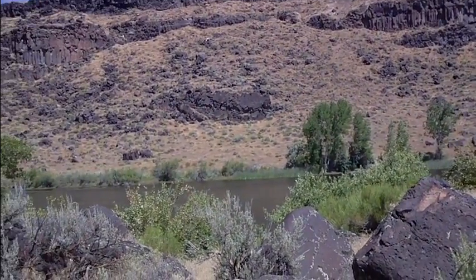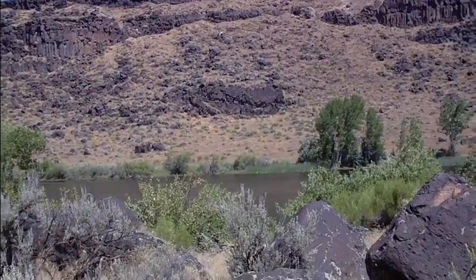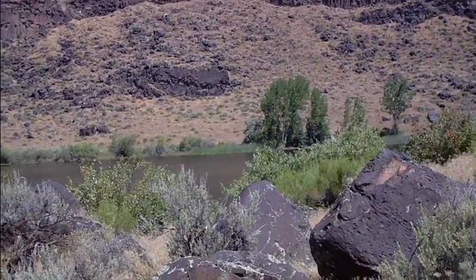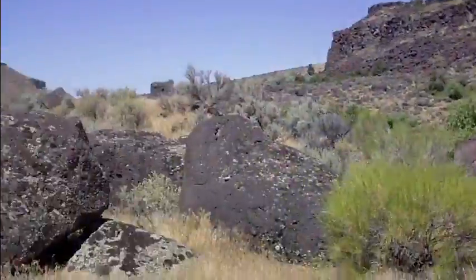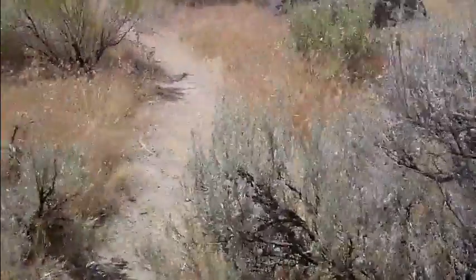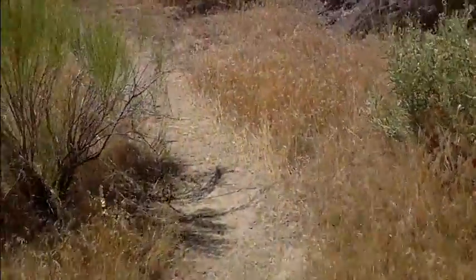Did a little fishing. It was okay. There's definitely fishing there. So had a good time, no complaints. It was a little bit hot, but oh well. It's either too hot or too cold, right? So